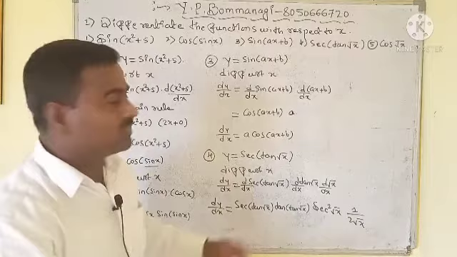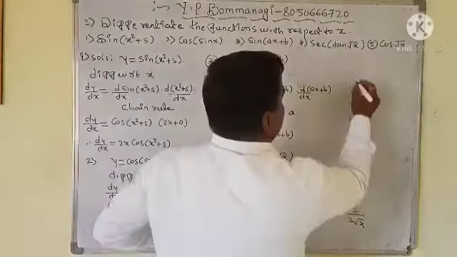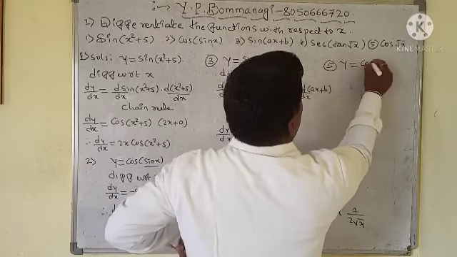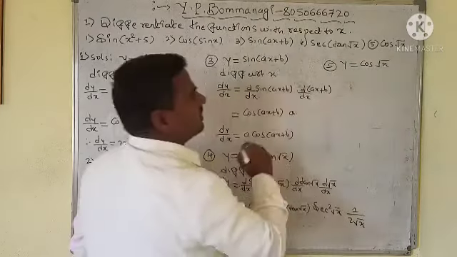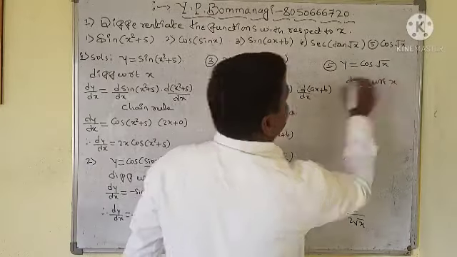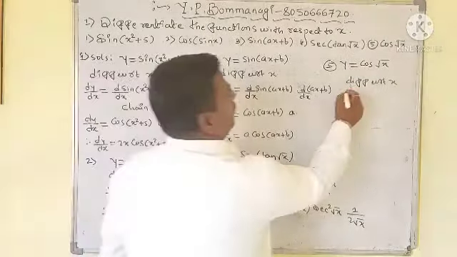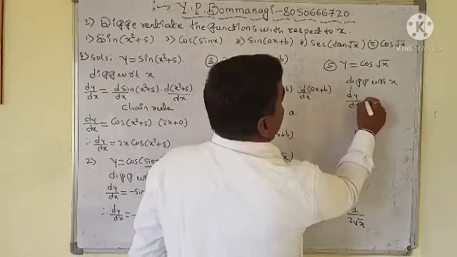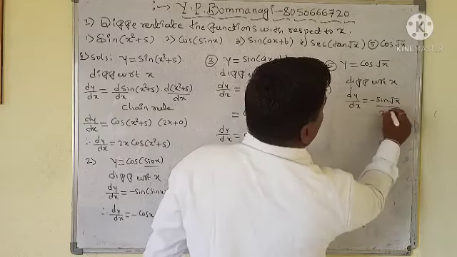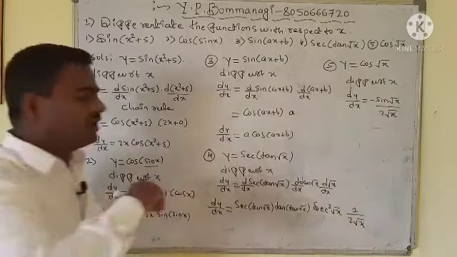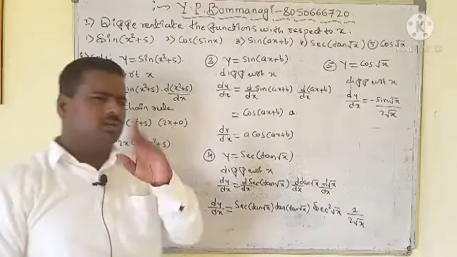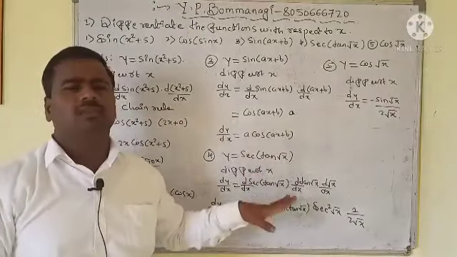So keep observing. The last one, the fifth one: y is equal to cos of root x. Differentiation with respect to x, right? The differentiation of cos, dy by dx, is minus sine root x, times the differentiation of root x, 1 by 2 root x, hence the required equation. So look at each and every one. They are compulsory 1 marks questions; 1 question will be in this part.